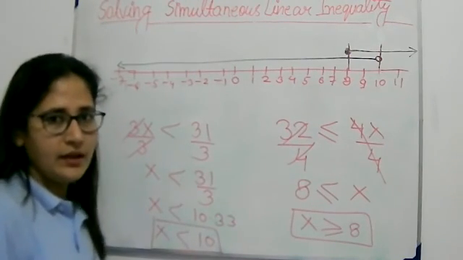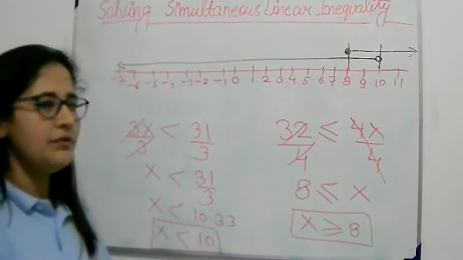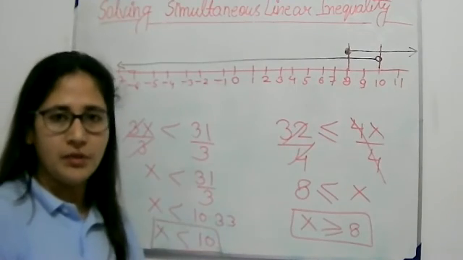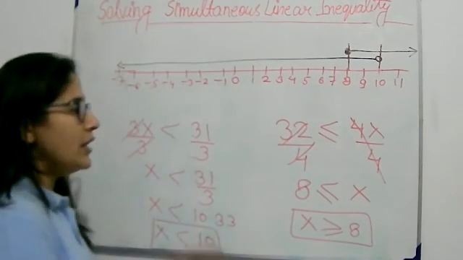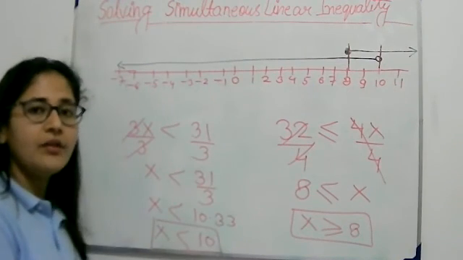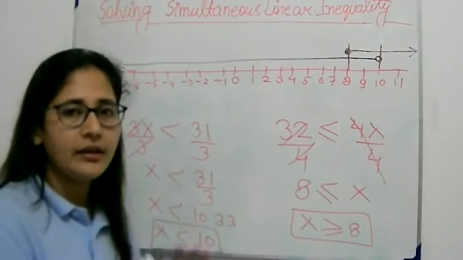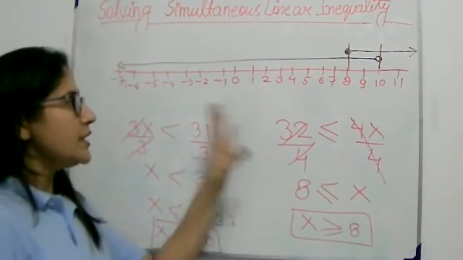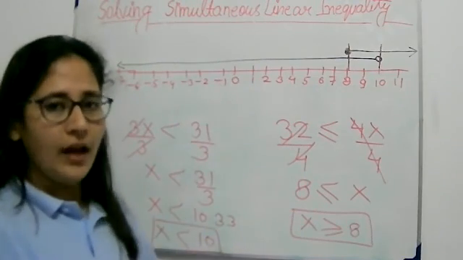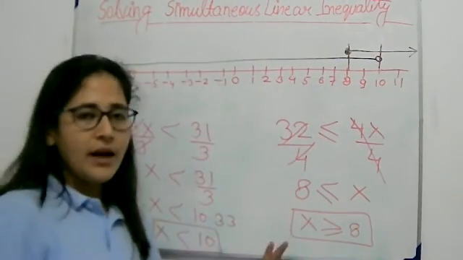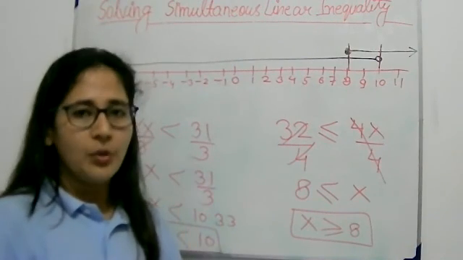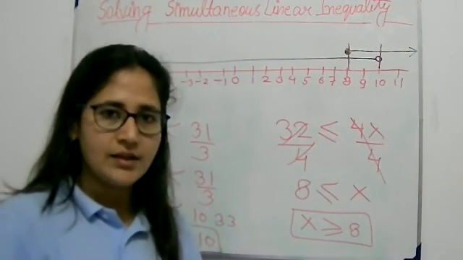So the method is clear now. After this, we will learn about coordinate geometry. Then coordinate geometry will be clear. After that, we will again come to inequality and represent inequality in a graph. So before representing this inequality in graphs, we will learn about coordinate geometry. So do more practice from your book, solve more questions, and we will discuss in class. Thank you.